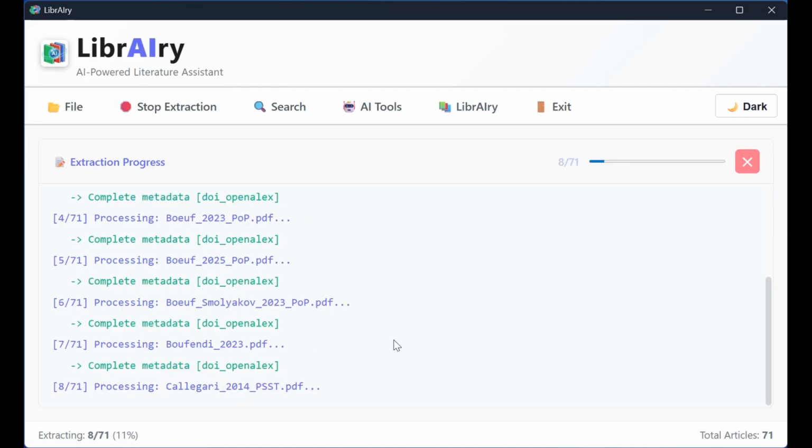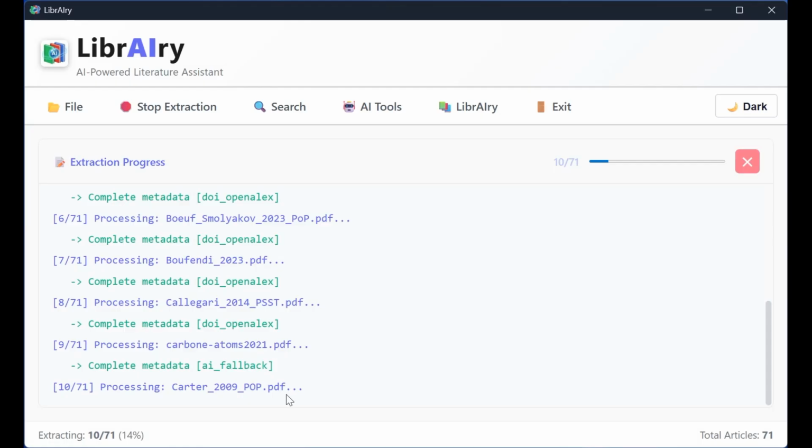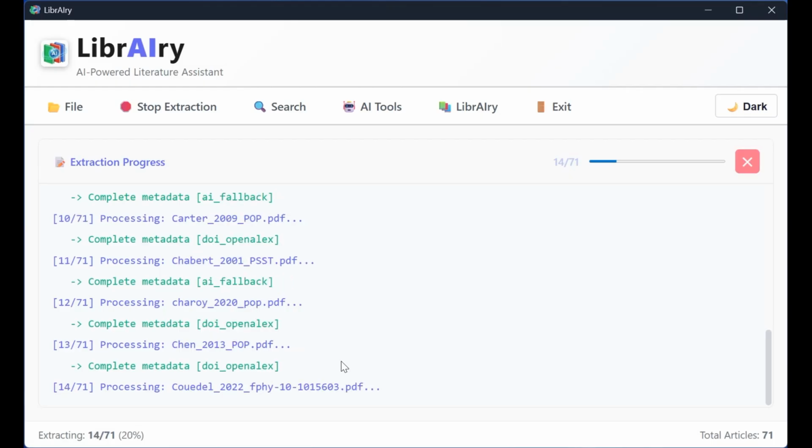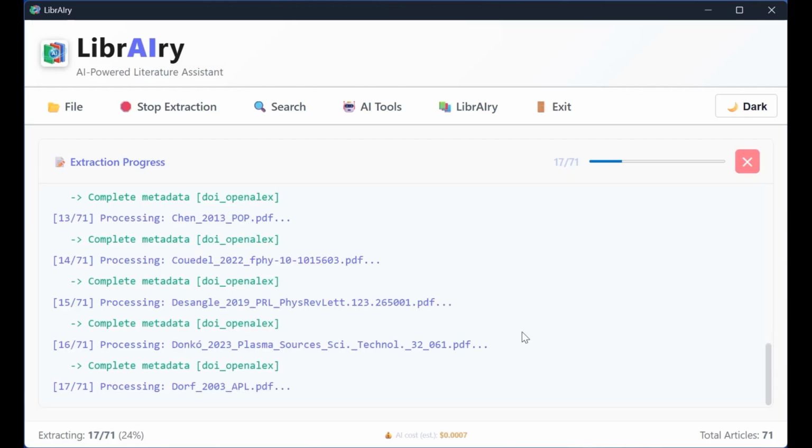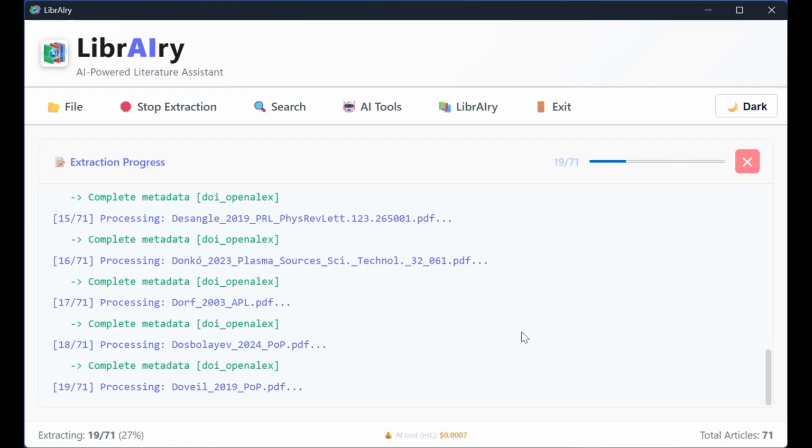First, LibrAIry extracts the text from the PDF and looks for a DOI. That's a unique identifier that most published articles have. If a DOI is found, LibrAIry queries two free online databases called OpenAlex and Crossref to retrieve the complete bibliographic record. These databases contain hundreds of millions of articles, so the success rate is very high, over 85% for articles from